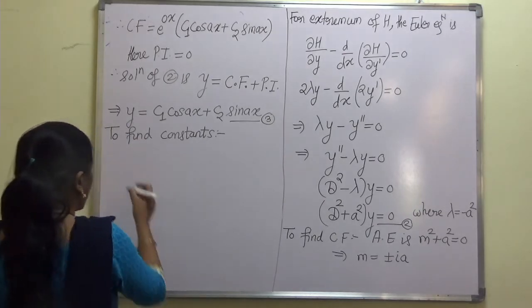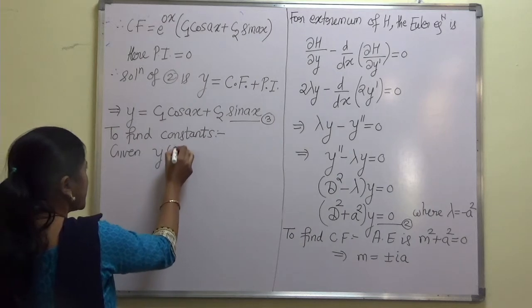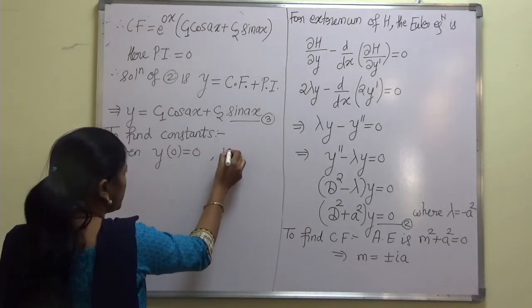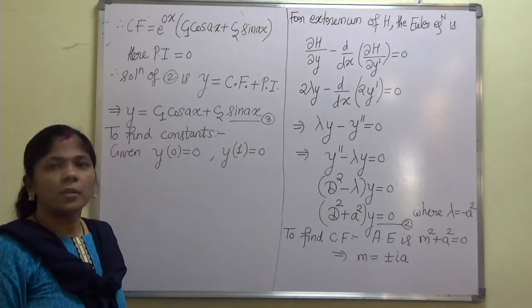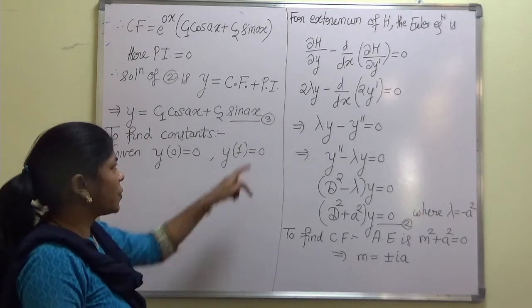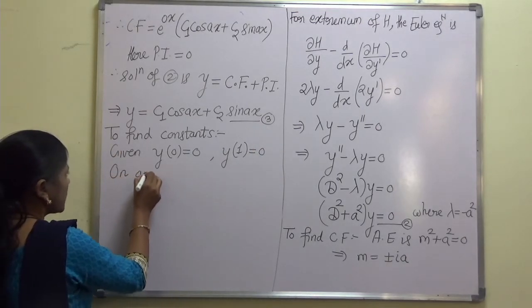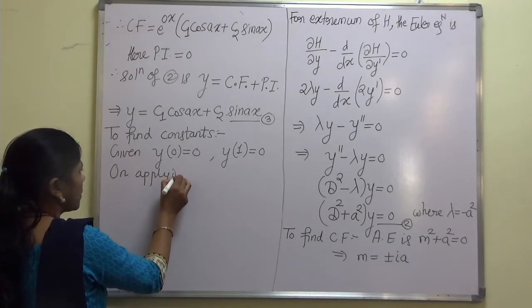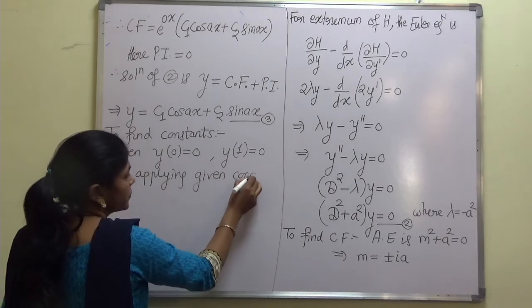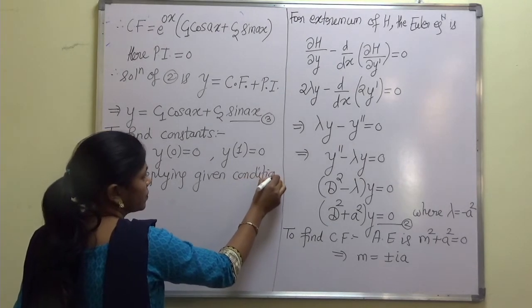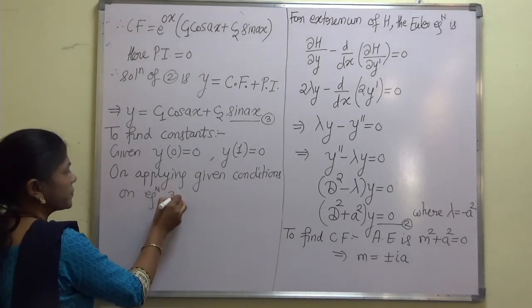Now, we are given y of 0 is 0 and y of 1 is also 0. So applying these two given conditions on equation 3, we get